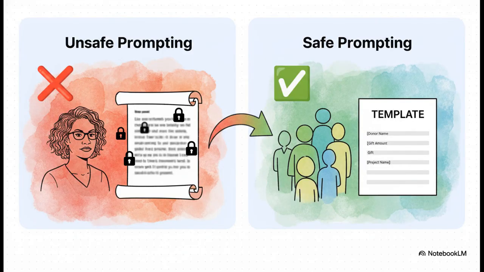And this slide right here shows that technique in action. This represents a really fundamental shift in thinking. It's about moving away from specific individuals and focusing on general templates. You learned that instead of asking about a specific person, you ask for a template for a type of person. That right there is the key to using AI both safely and effectively.